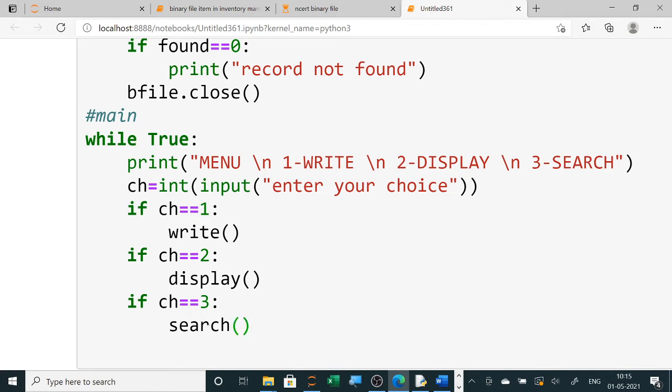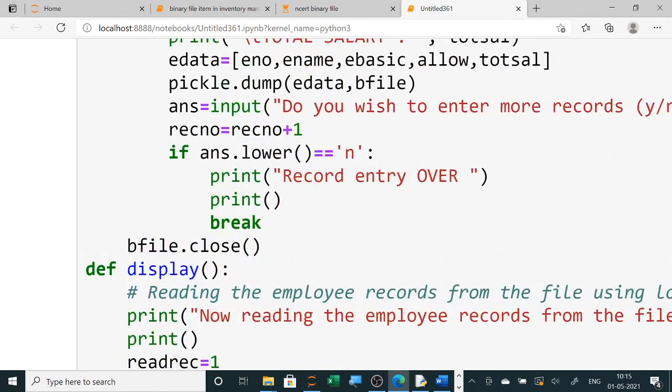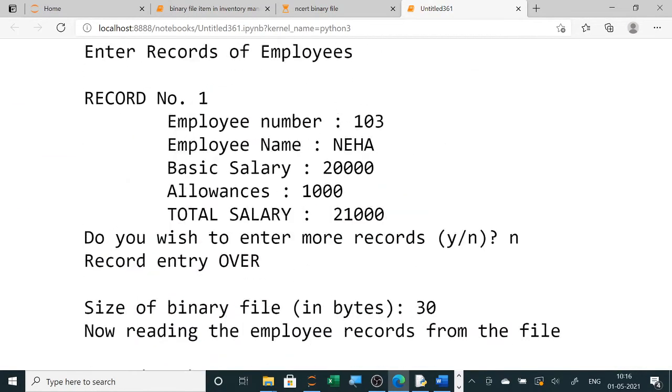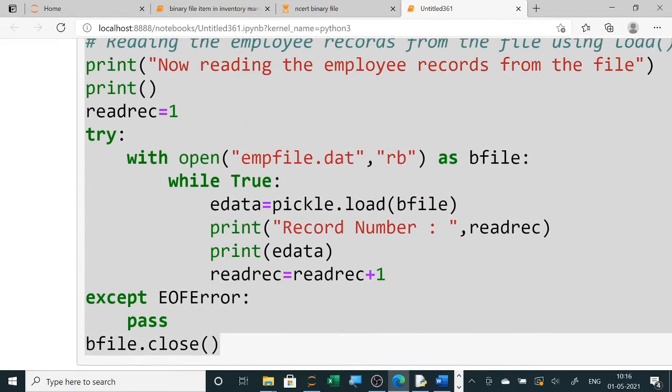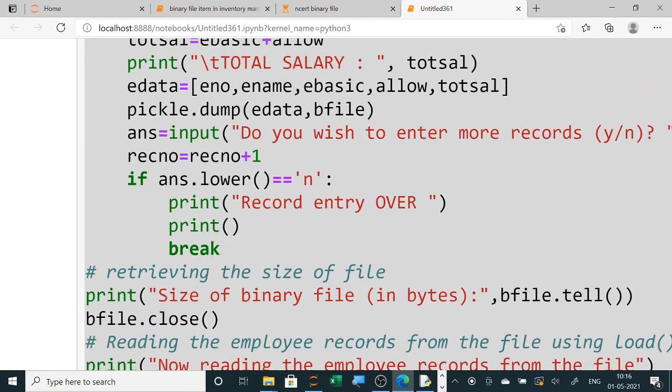Now, do you want to continue, yes or no? Here you can ask the user whether the user wants to continue or not, or you can break it directly.